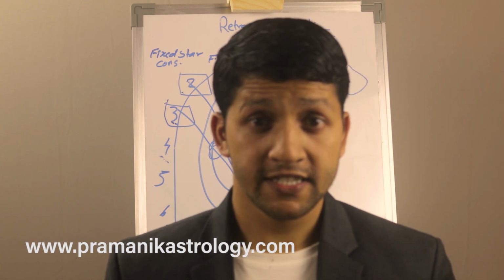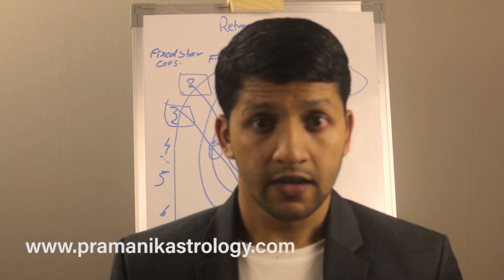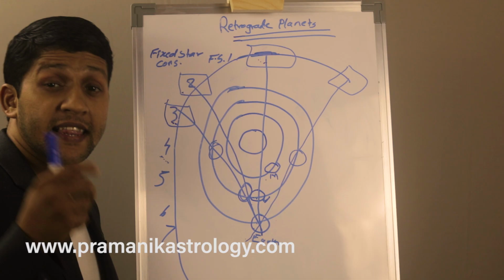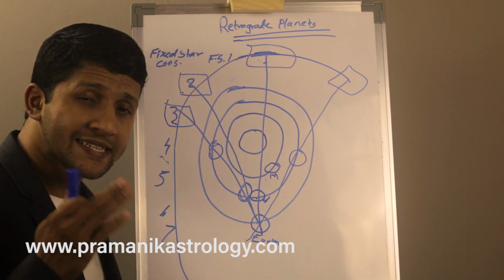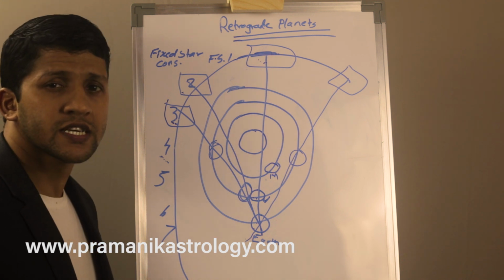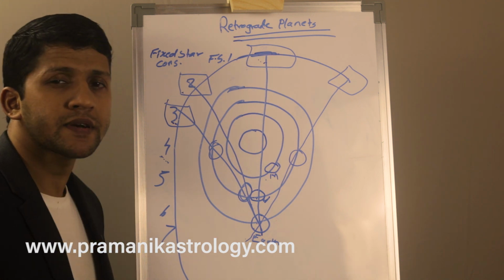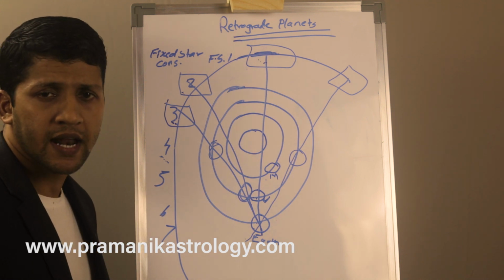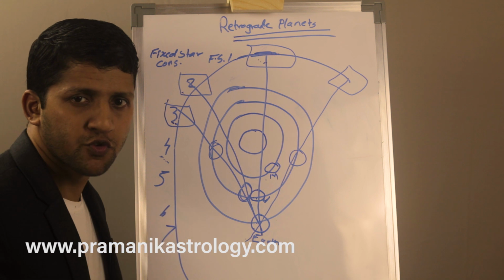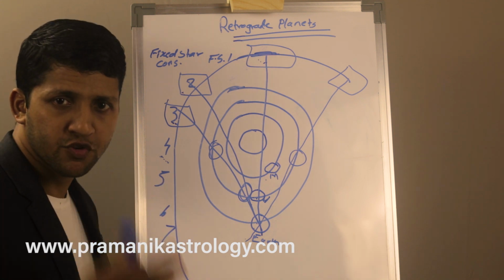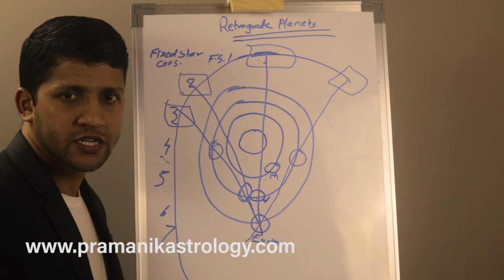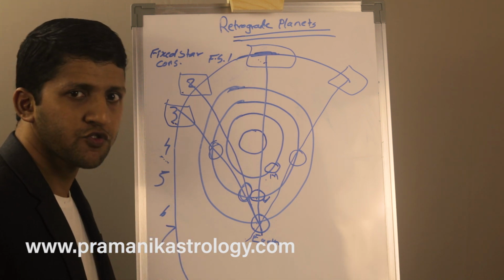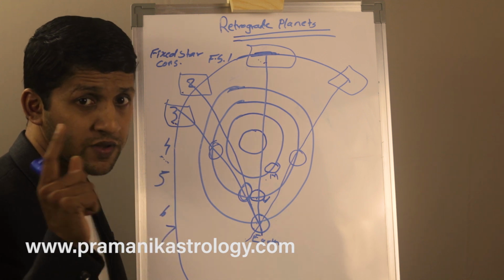This was my analysis about the retrograde, what is retrogression, and the retrograde planets in your horoscope. Let's summarize the retrogression. What is retrogression? Retrogression is the backward movement, apparent backward movement of the planets in the sky. But in reality, the planets don't move backward physically. They move into the same direction as the ecliptic path as they are moving. They don't move physically backward. Point number one, very important.